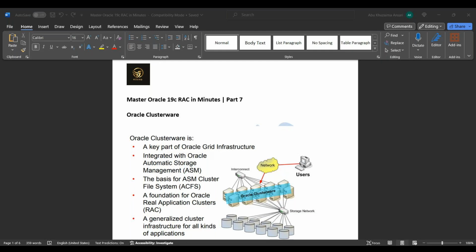So today I will discuss Oracle Clusterware. In the previous session I discussed the cluster, so today I will discuss clusterware. Clusterware is basically software that provides various interfaces and services for a cluster. It allows the cluster to be managed as a single entity, and it protects the integrity of the cluster so that the data is protected and the cluster continues to function even if communication with the cluster nodes is